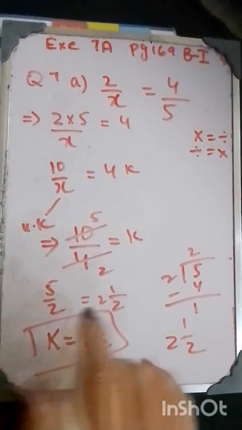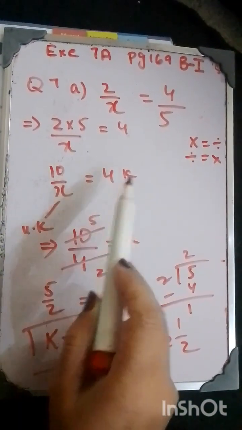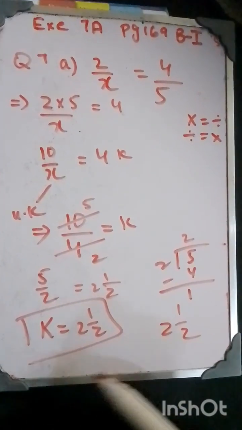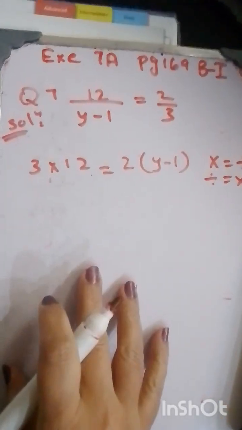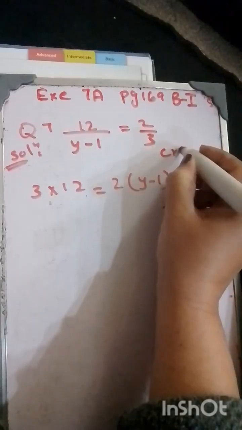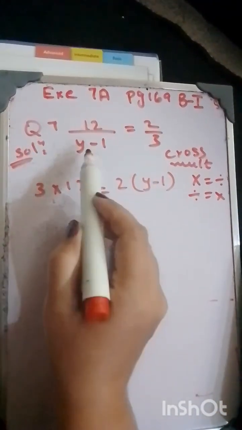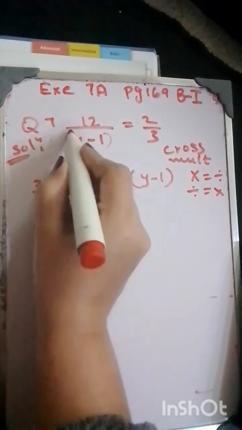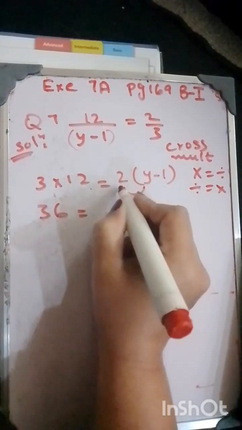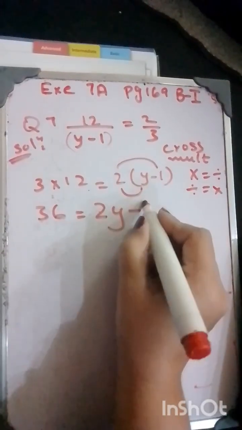I hope that it is easy for you. Simple. We have just multiplied 2 with 5 because it was known, right? So divide being multiplied, then 4 was in the numerator, so it will be in the denominator after that. Similar for question number 7, I am adopting the same manner. We have to do cross multiplication. 3 12 we will write, and I have written 2 multiplied by y minus 1 for you already. So 12 times 3 is 36, and 2 being multiplied with y, and then 1.